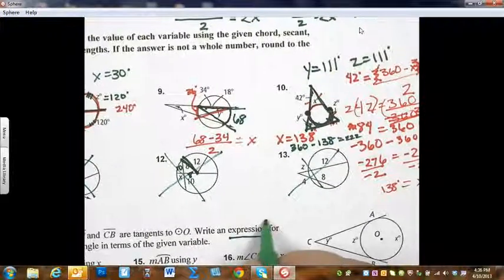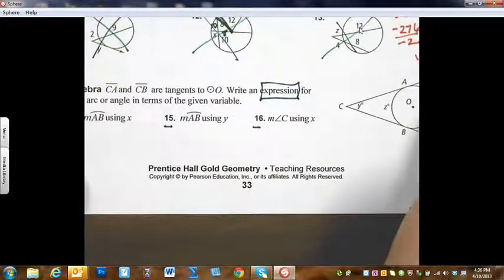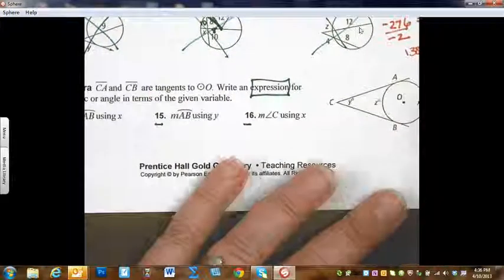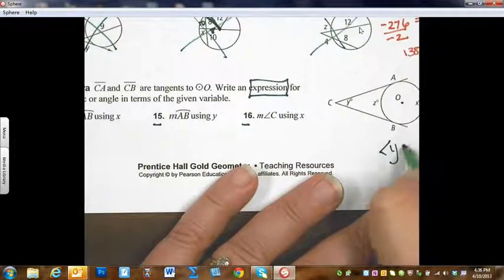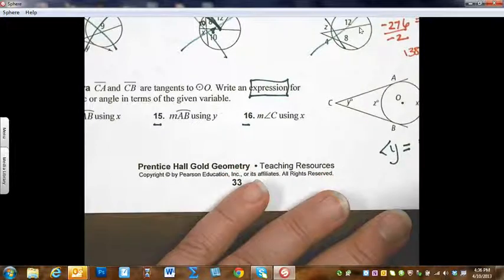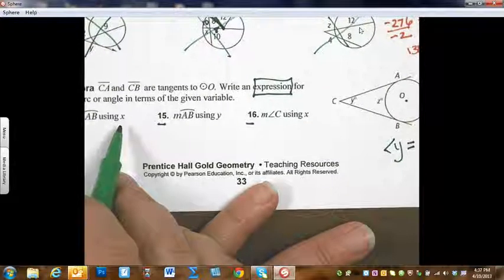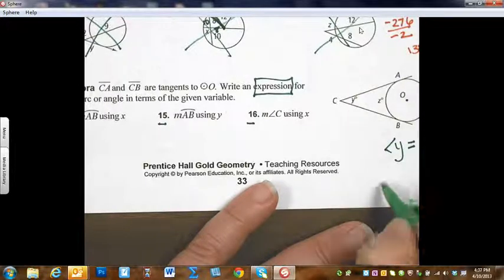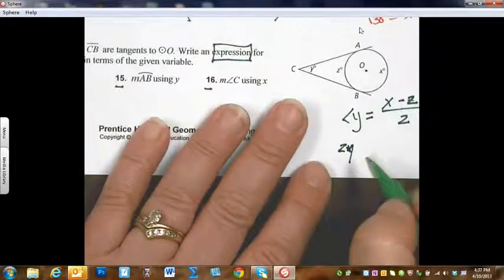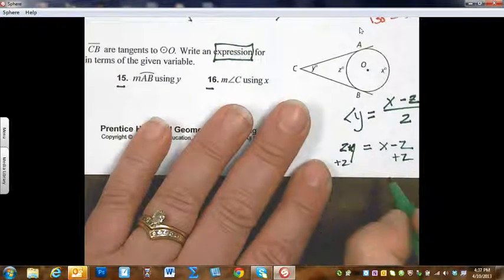Now this is an expression. You may struggle with these because what they're wanting you to do is use x. They want you to find x by itself. So you have to set up each equation. So I know, forget that these, we would say angle y would equal the big arc x minus z over 2. Remember, that's the letter z. And then they want you to get x by itself. That's what this is asking for. So how do I isolate that? Well, I would have 2y would equal x minus z. I would add a z to both sides. So x equals